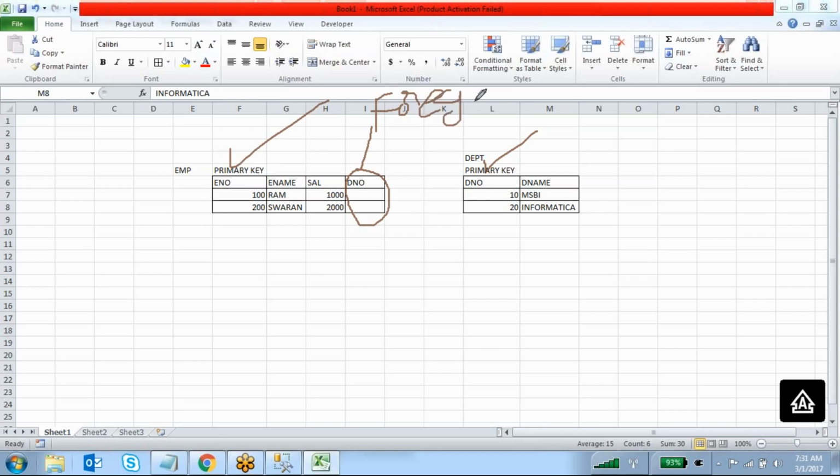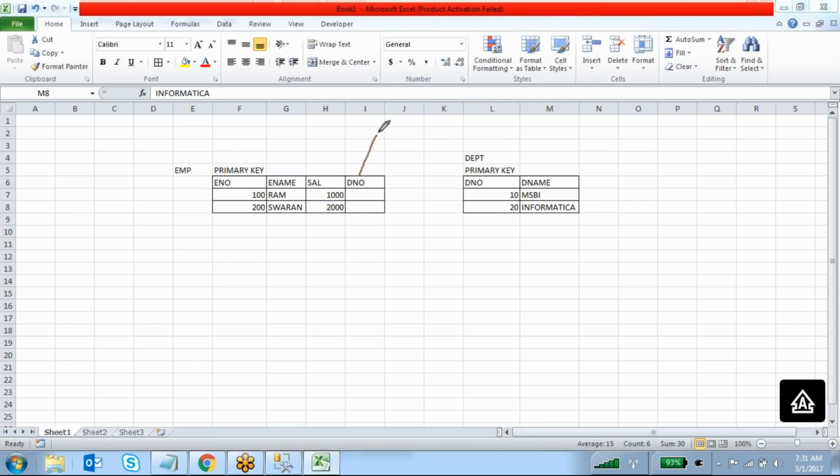What is the usage of creating the foreign key? When you create a foreign key on a column, that column is going to refer to the primary key column of another table. So this department number is going to refer to the primary key column of the department table.